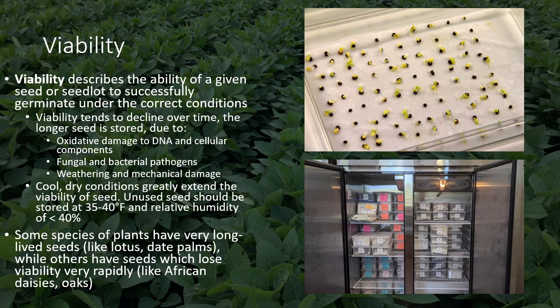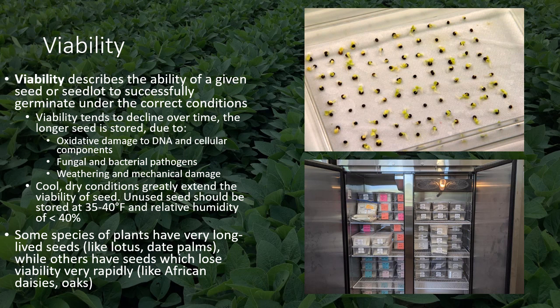So some species of plants have really long-lived seeds. For example, lotus and date palms. Human beings have germinated a couple seeds from plants like lotus or date palms or even a magnolia that are a couple thousand years old, and they've still germinated. And we know the age because we can find stored seeds in bottles that were stored by our ancestors in archaeological sites. So we know the age of the seeds because we know the age of the archaeological deposits, ancient cities and whatnot. And then when they're germinated,